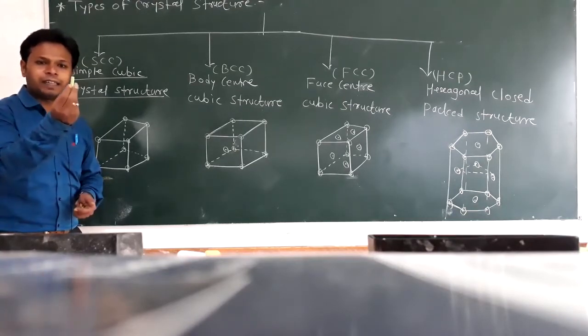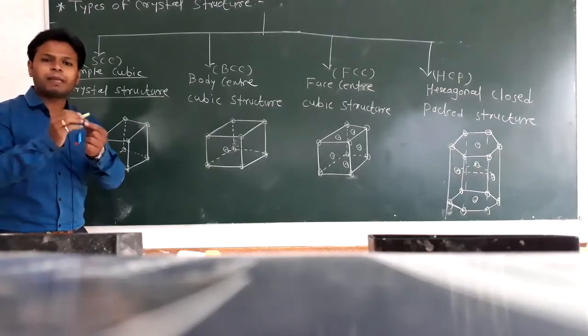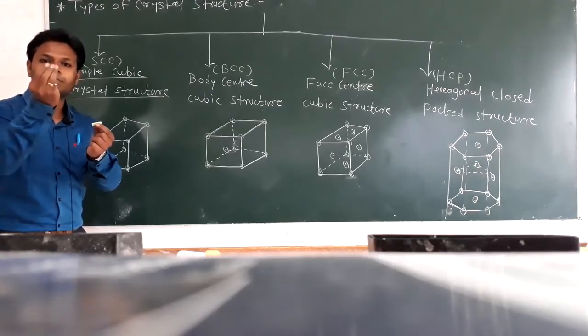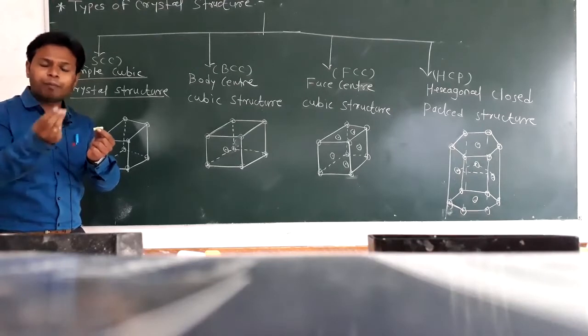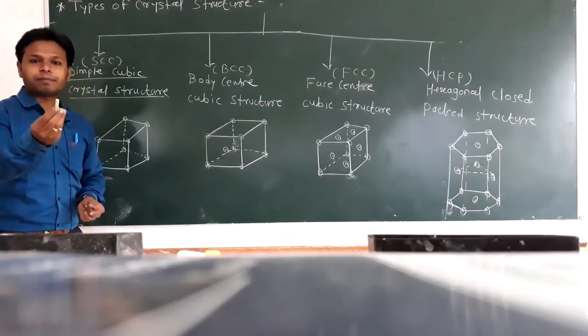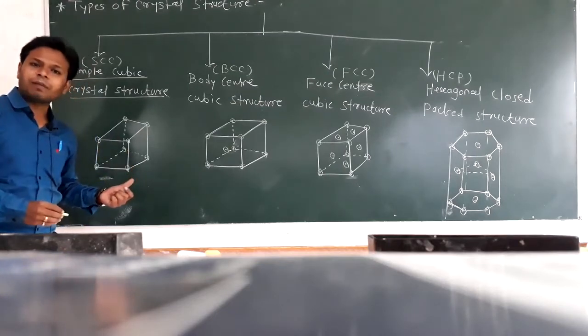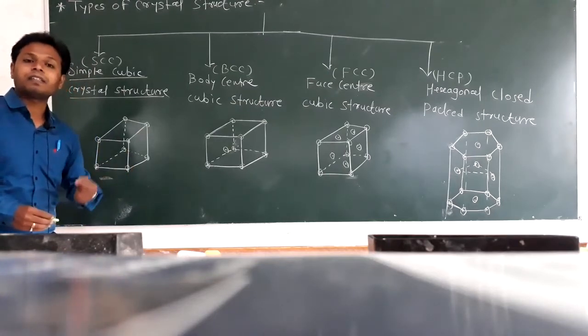Suppose we consider this chalk. This chalk is made with the help of small molecules or atoms, and by the combination of many atoms the chalk is made. Similarly, the crystal structure is made by different atoms,